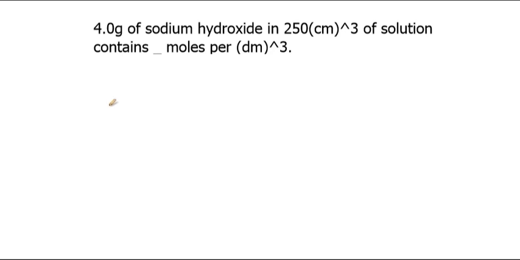The question says 4.0 grams of sodium hydroxide in 250 cm³ of solution contains dash moles per dm³. So here we are being asked the number of moles of sodium hydroxide that will be present in 1 dm³, which also means that we are being asked to calculate the molar concentration of sodium hydroxide. And to do that, we'll be using the formula